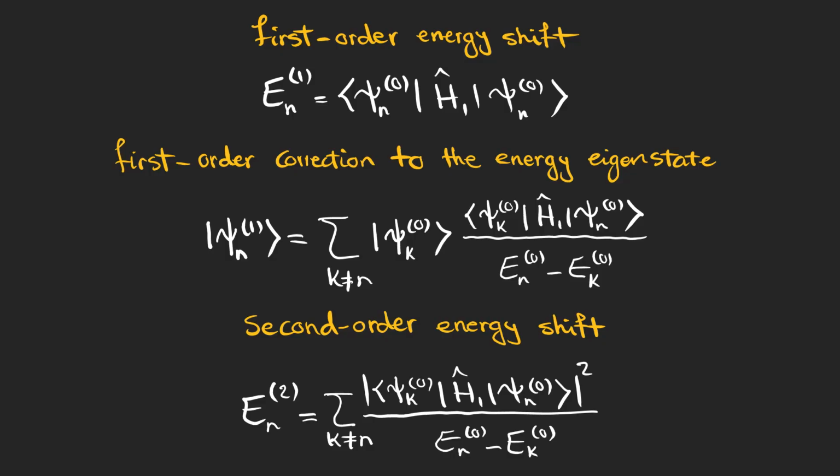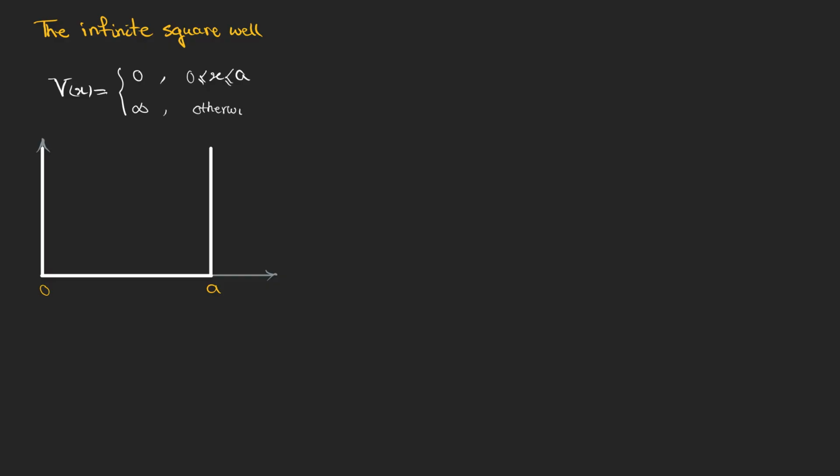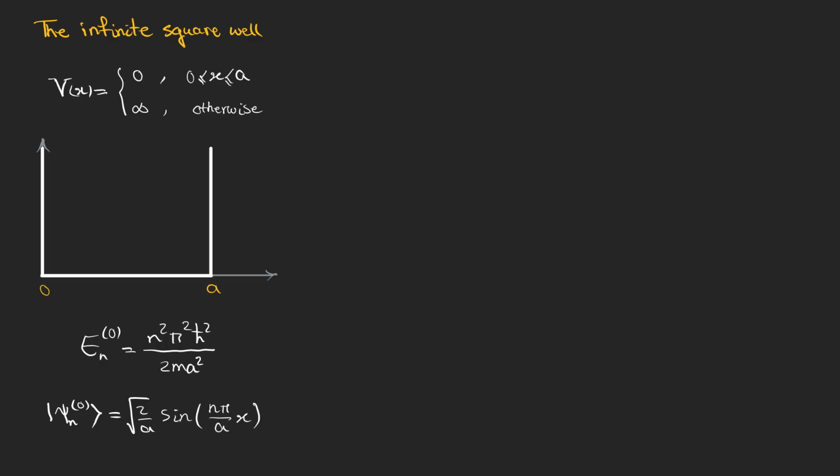Finally, we have an expression for the second order energy shift. Now let's use the infinite square well to see how we can apply perturbation and find the energy shifts and also change in the eigenstates. The allowed energy values for this problem are given by this expression, and also we have found the energy eigenstates before on this playlist. We are going to add a delta function bump in the middle of the square well